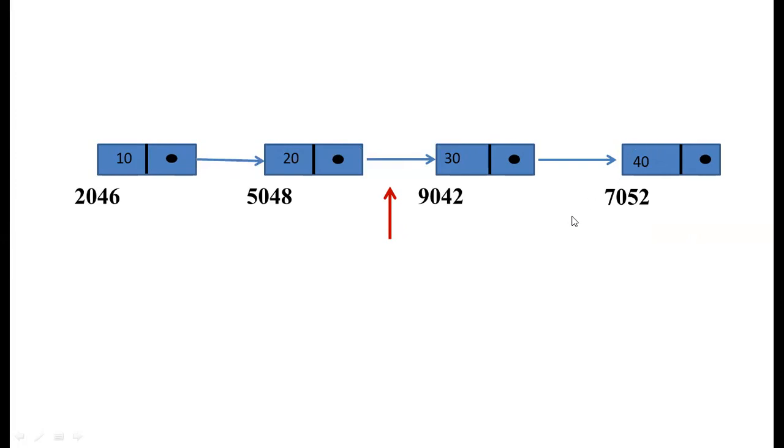So here you have to travel from one node to another node until we get the intended node. For example, if I want to insert an element, say 25, then we have to break this link, then connect like this, and then connect like this. The connection is made by breaking this link. We connect this link to this and this link to this. Then the new element will be inserted between 20 and 30. For that, no shifting of elements is required.